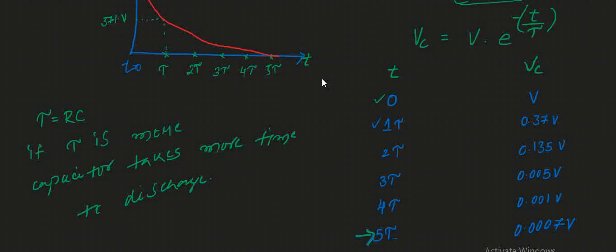This time constant depends upon your resistor and capacitor values. While designing any circuit, the time constant is selected in such a way as to get less charging time and more discharging time. So this is one application of your transient response. What is the need to see the transient response? By using the transient response, we are going to see how the capacitor is going to discharge. In the next class, we are going to see the source free response of your RL circuit.